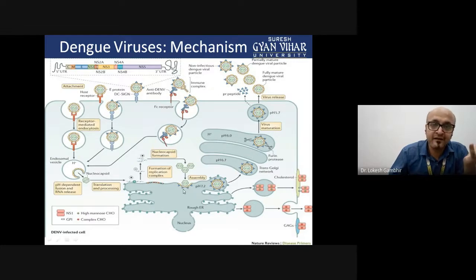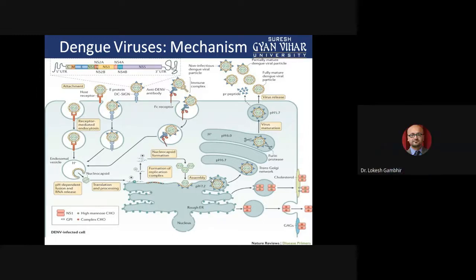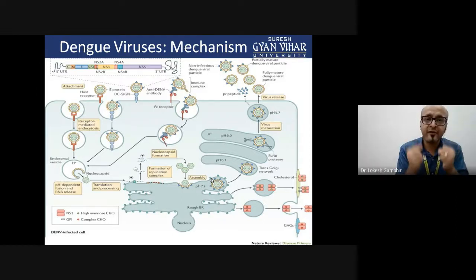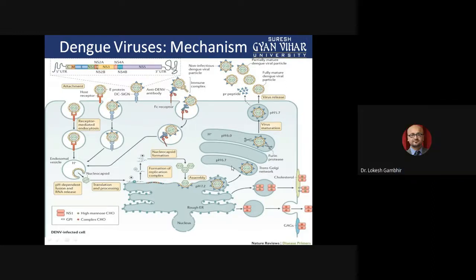So once it enters inside the lumen of the rough endoplasmic reticulum, where the pH is 7.2, it just forms an envelope. There is no conformational change, and right now we are calling it an immature viral particle. So now what is happening? It is adopting the cell trafficking pathway. It will go from rough endoplasmic reticulum to Golgi body, and from Golgi body to outside. How does it happen? It buds off and goes to the Golgi body, where the pH is 6.7,